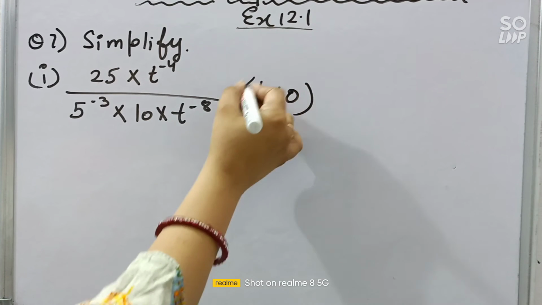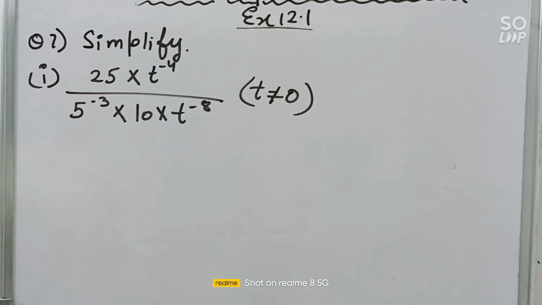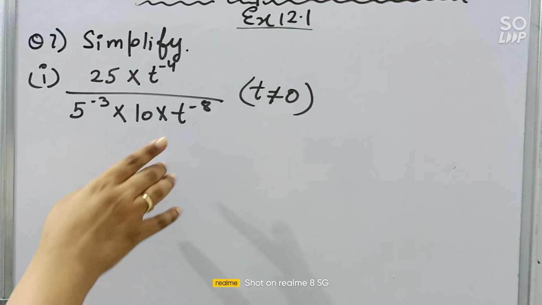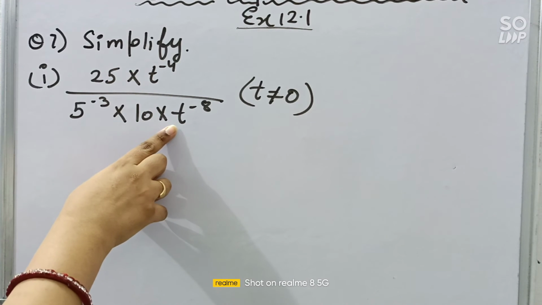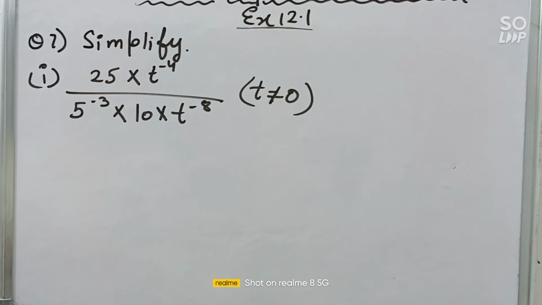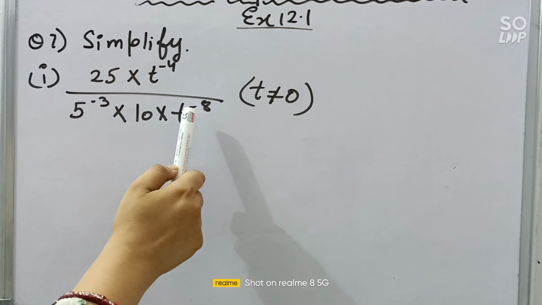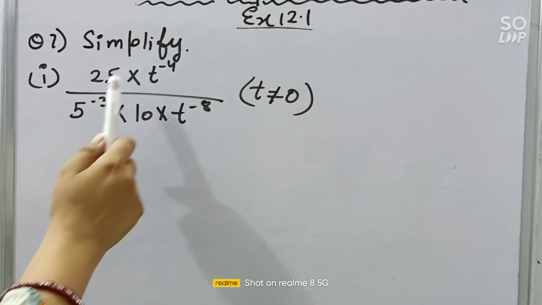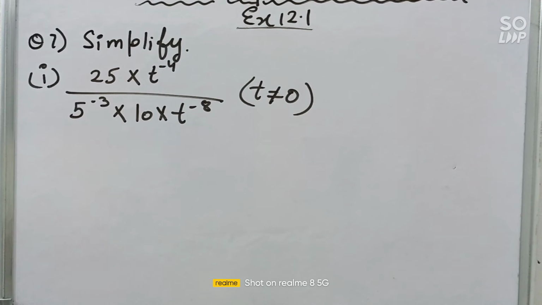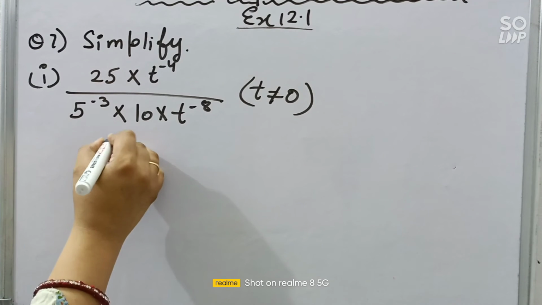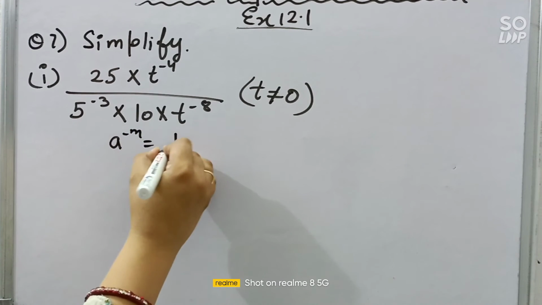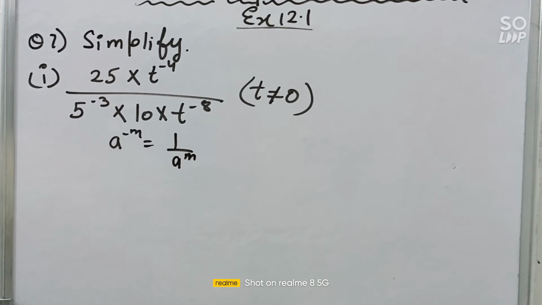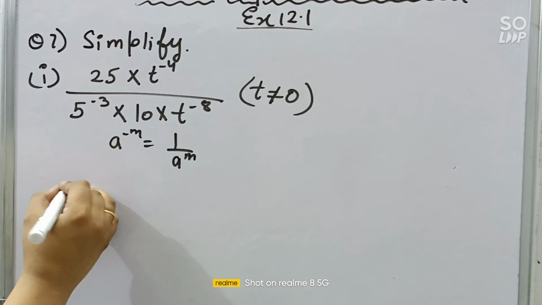Now we are given that t is not equal to 0. That means t is some number which is not given. So we will keep it as t only. Okay. Now how we will solve it? We can see there are terms with negative exponents. So firstly we will apply our law a raised to the power minus m equal to 1 upon a raised to the power m. By this we can write